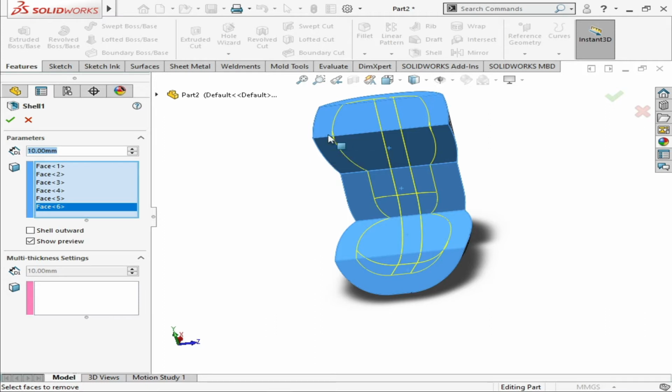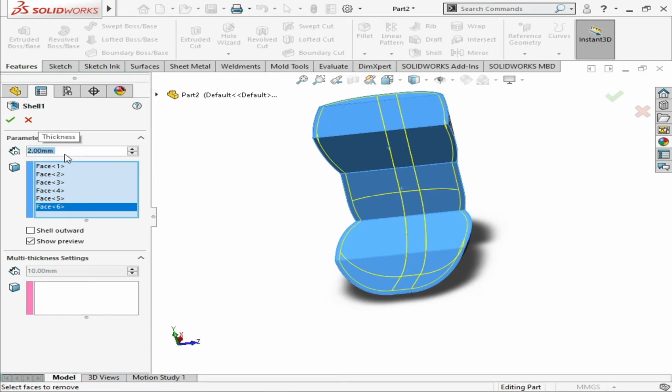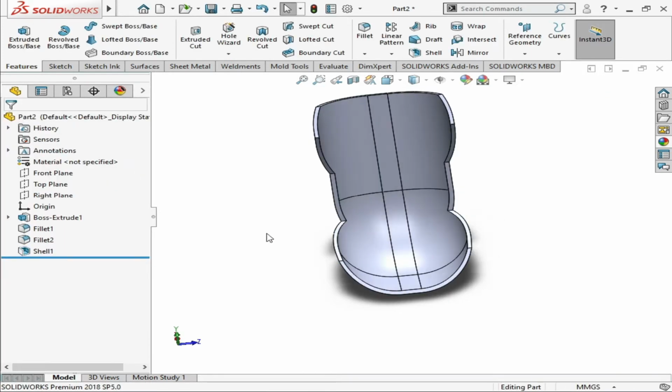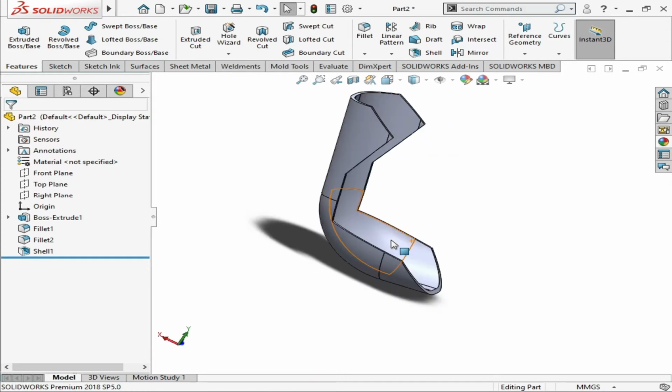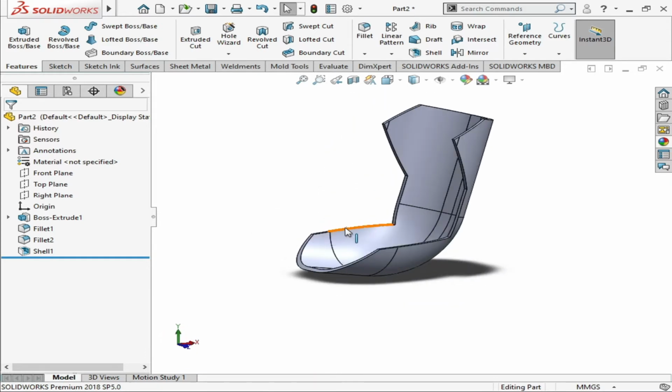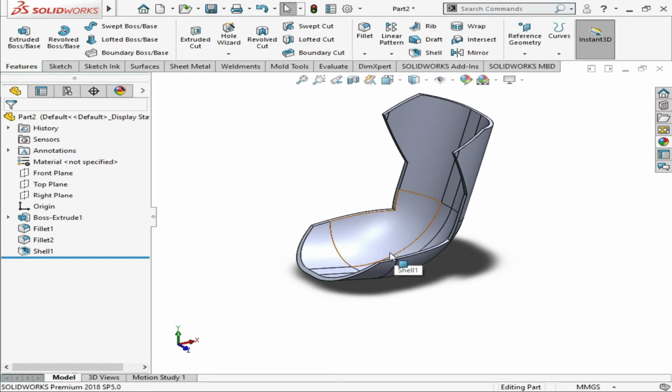As you can see, the width of the shell is very wide. You can decrease it by simply typing 2 and clicking OK. As you can see, this has been shelled from the inside.